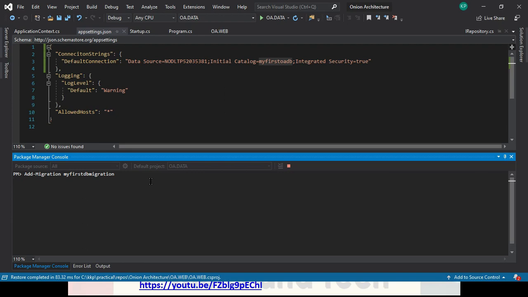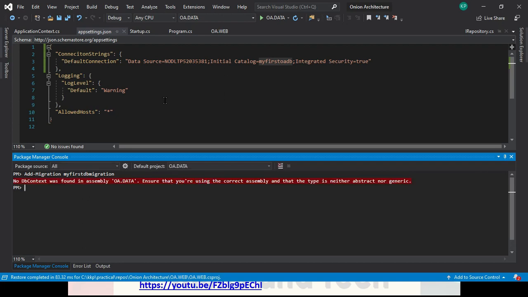If I have configured everything in place. Okay, so you can see "No DB context was found in assembly OA.data." You know why? Because I have selected OA.data. So before doing migration, you have to make sure your startup project is the web